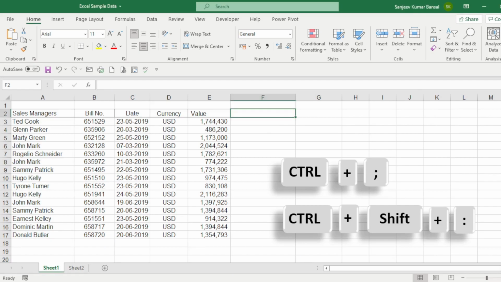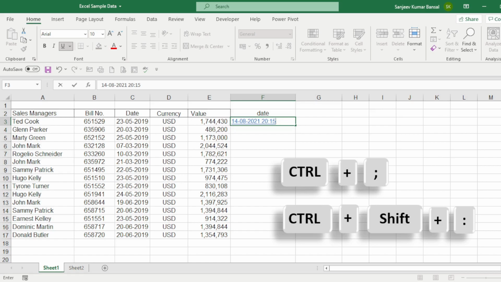If you want to add the current date with your data, you can press control and semicolon this way. Or if you also want to add a timestamp with this date, press spacebar and then control shift colon.